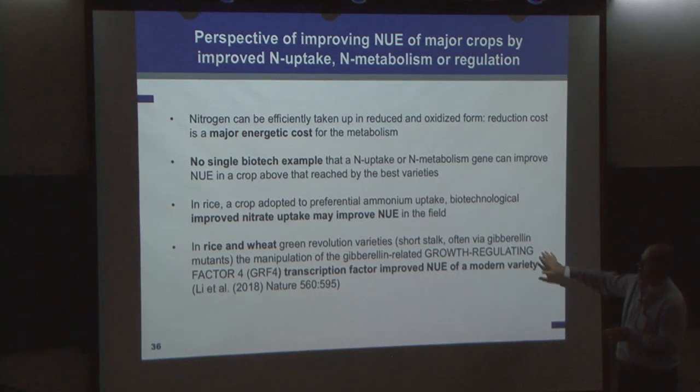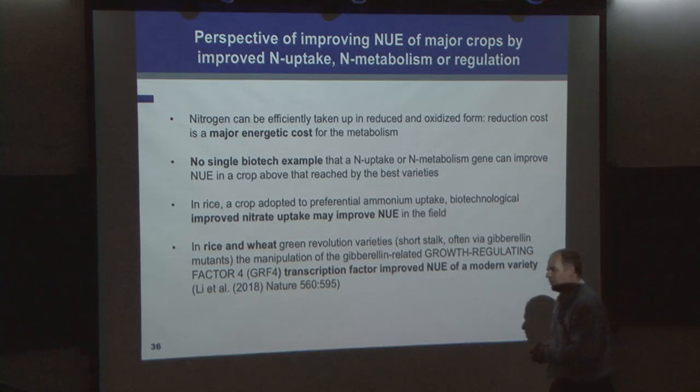And by manipulating some gibberellin-related genes and a certain transcription factor, they could improve nitrogen use efficiency in their field conditions, both in rice and wheat, at least in one condition that they published. This seems to be really surprising, or this is very surprising,